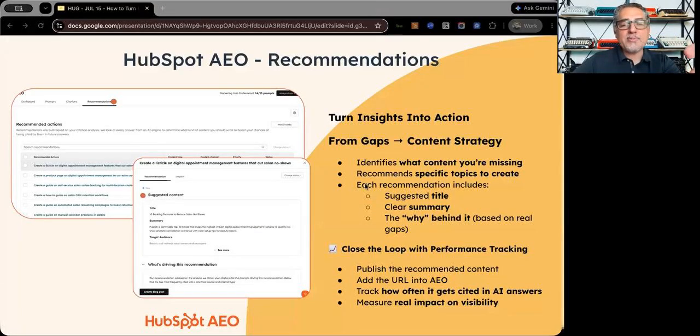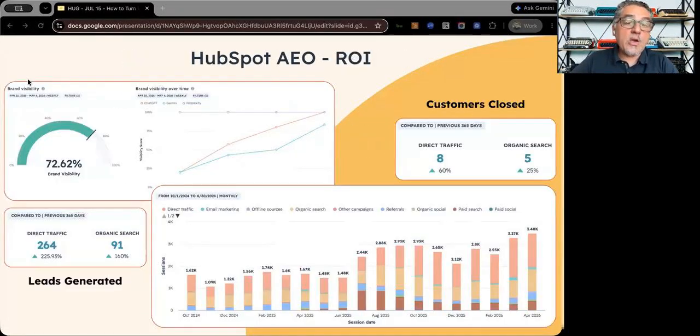And again, HubSpot AEO gives you recommendations, which allows you to change things over time and make it grow over time, which is amazing, to have a tool that tells you, go do this, put this on Reddit, create a YouTube video, create a page. And what's cool is that we have seen a correlation between AI brand visibility, visits, leads, and customers over time. And we wrote two case studies. One, a short-term case study with a client where we were increasing AI brand visibility, and a long-term 8-month case study for ourselves.